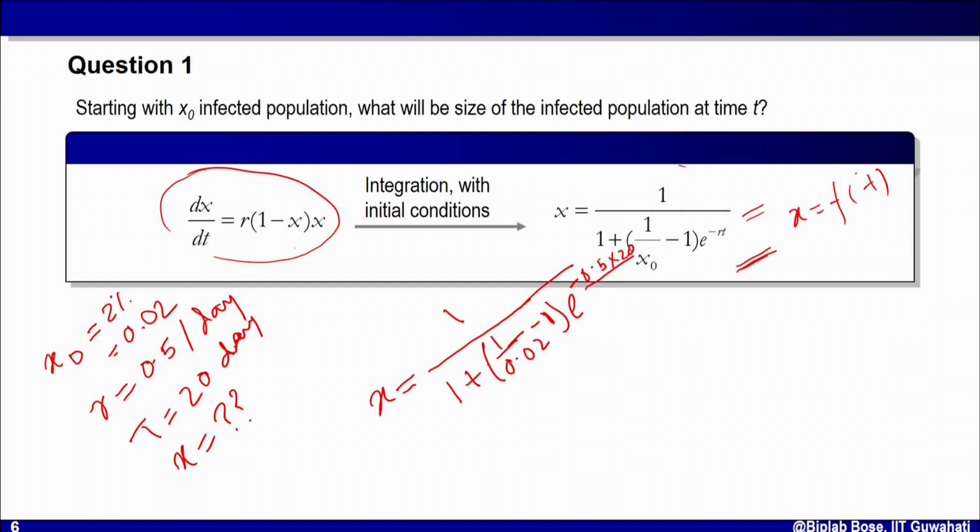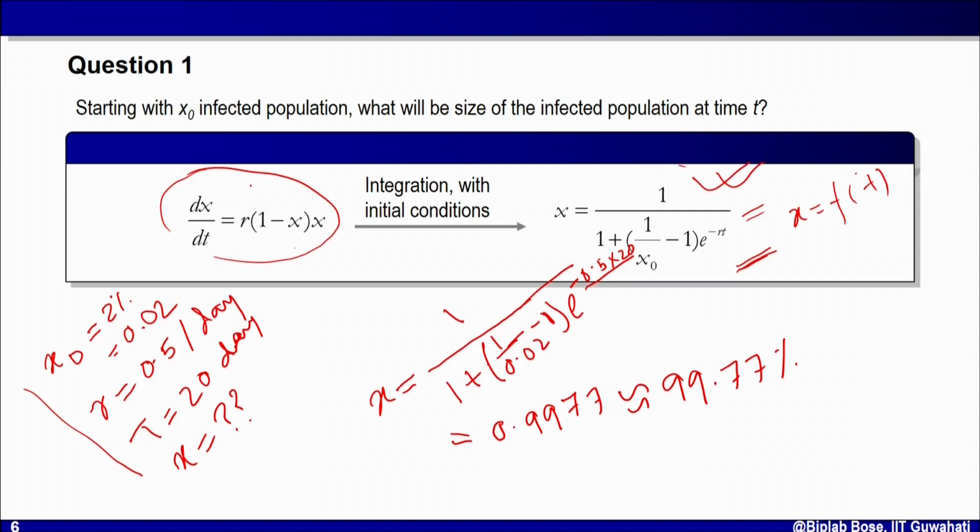So this is R into T. This will give me a value like 0.9977, that is approximately 99.77%. So what I have done, I have taken the numerical values given here and plugged them in this function